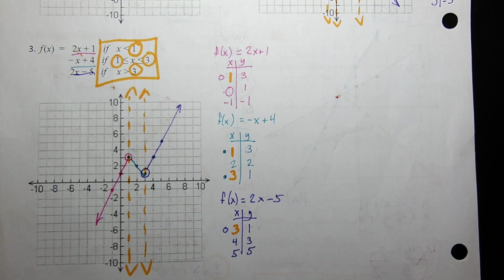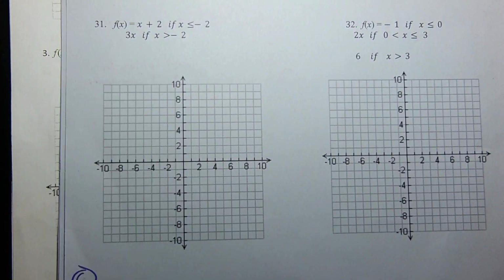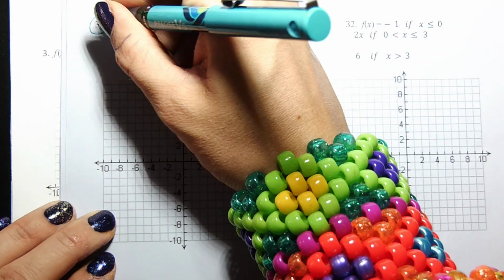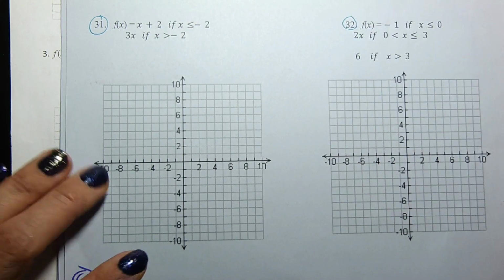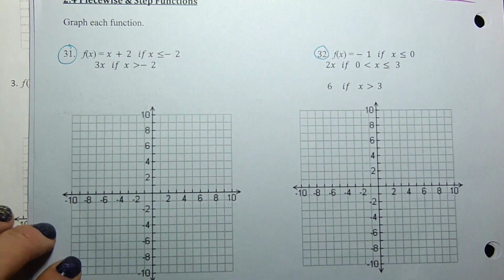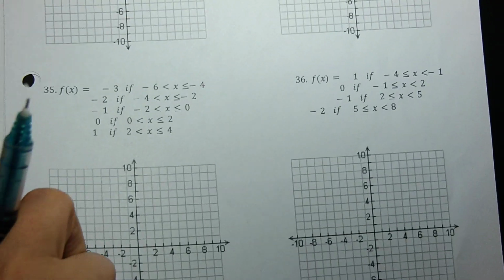All right, folks, do we have any questions on those ones? Because I think at this point I want to give you some work time just to practice the regular piecewise function. So go ahead and take out your purple packet. And you should be able to do number 31, number 32, and some of the spacing got a little bit awkward here. So 31 and 32 on page 6,